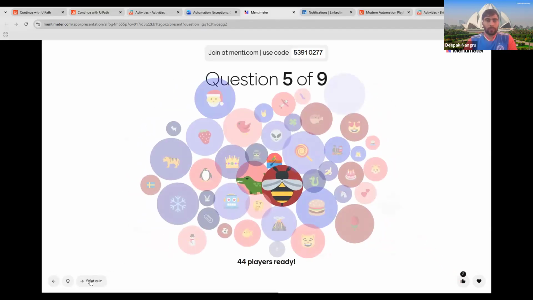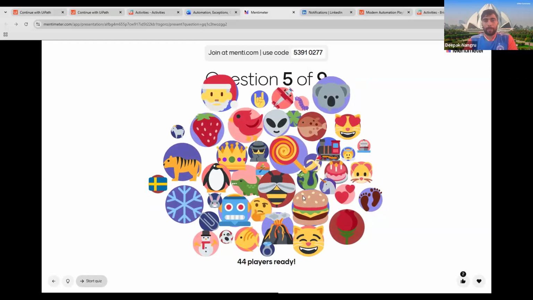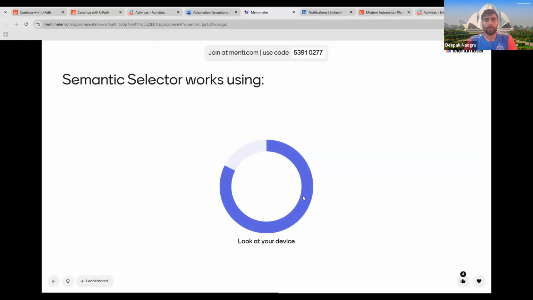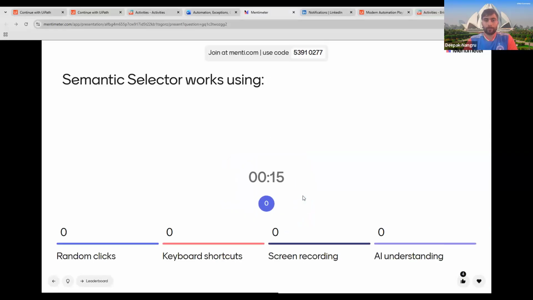Question number 5. Semantic selectors work using random clicks, keyboard shortcuts, screen recording, AI understanding.